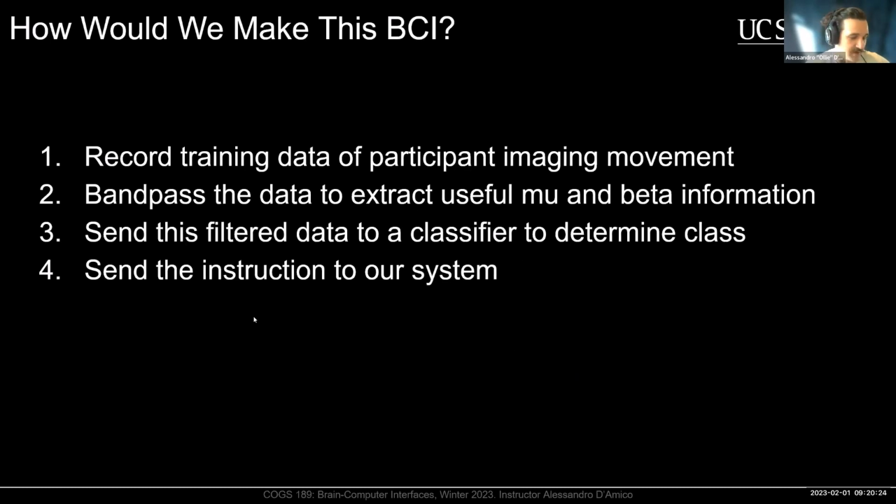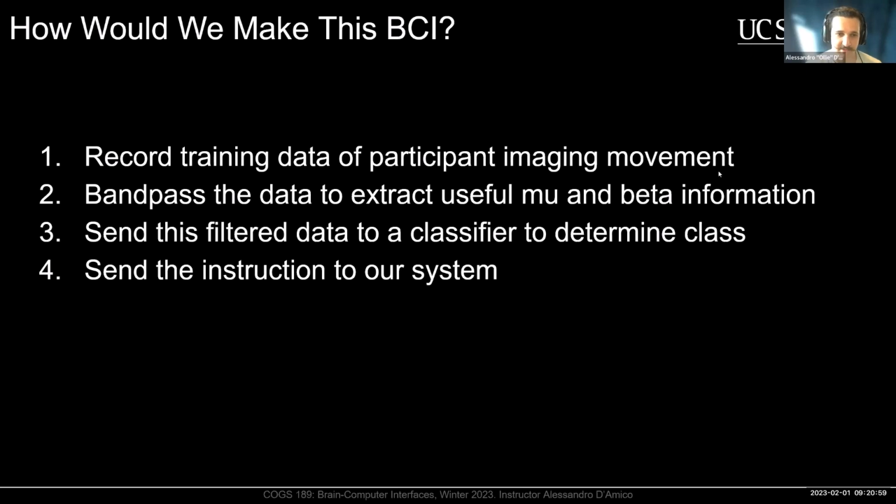So let's think a little bit about how we would make this BCI. So we'd obviously need to record some training data, because we'd want to make a classifier that can do this automatically. So maybe we'd have a training scenario where we show a participant a stimulus that's either going to be left, right, or foot. And we say, okay, whenever you see the left hand, think about moving your left hand. Whenever you see the right hand, think about moving the right hand. Whenever you see foot, think about moving the foot. And we would have this labeled data so that we can then train a supervised classifier